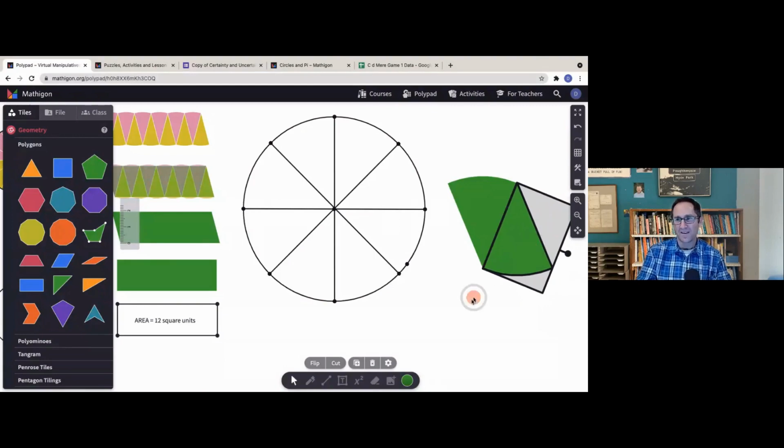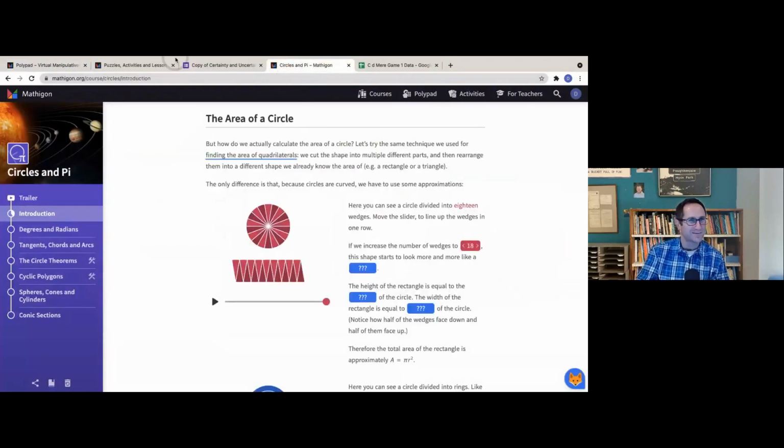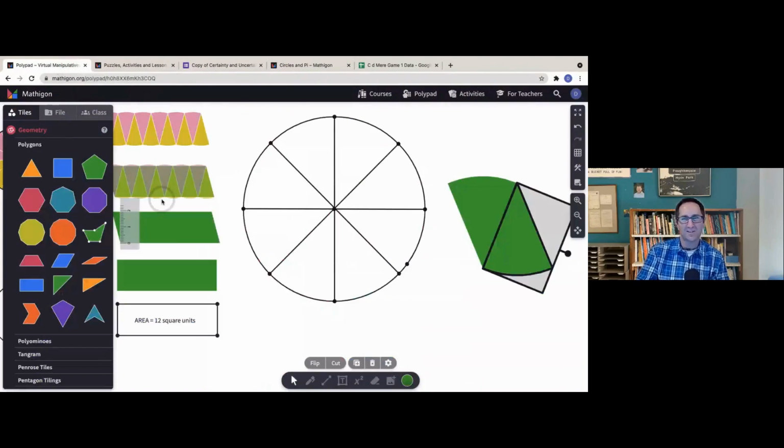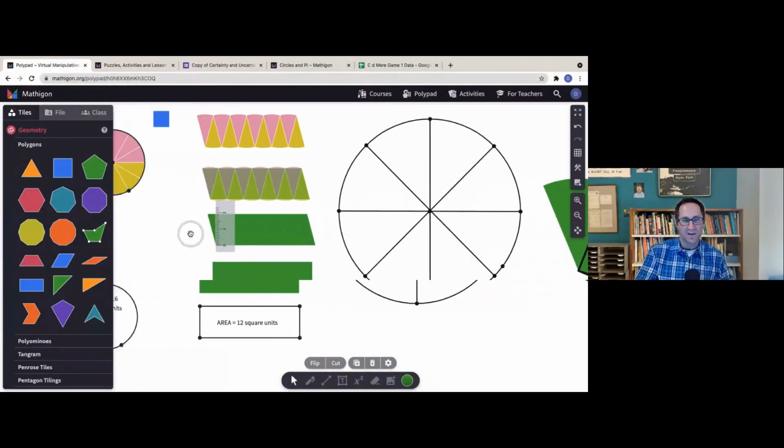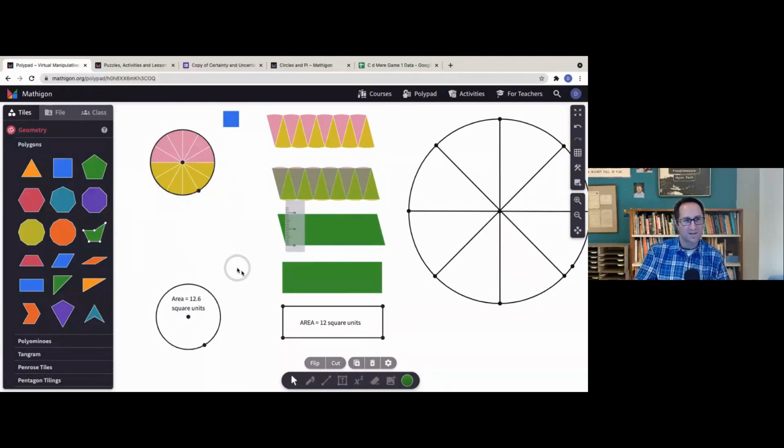But again, this went from students watching me do it, students listening to some story I told, students watching a cool animation that's really, really well done, to actually doing it themselves. And when they're doing it themselves, they're seeing how the pieces fit together. And then as a class, we all came together and talked about, okay, in general, how can we get those little pieces as small as possible by cutting it into more and more and more pieces, infinite amount of pieces, get it to the area of the circle.